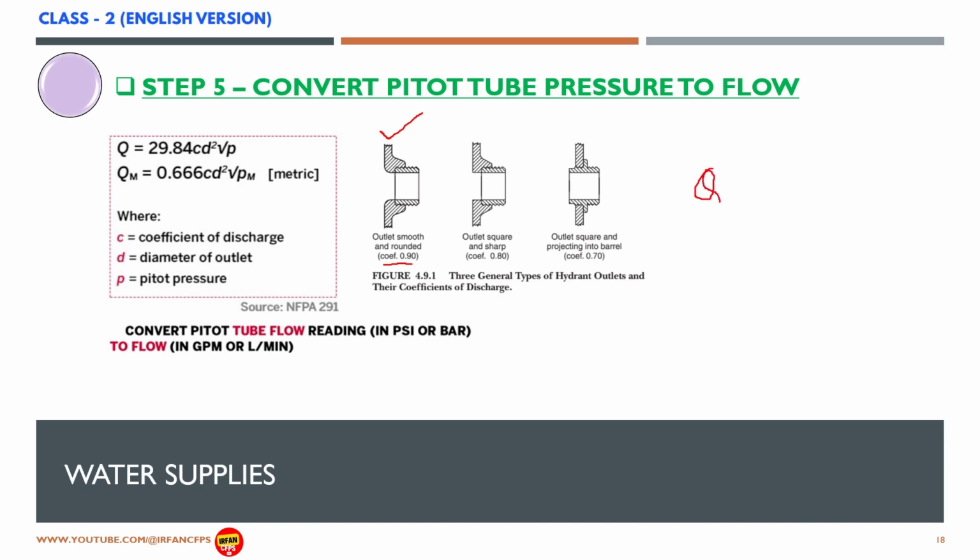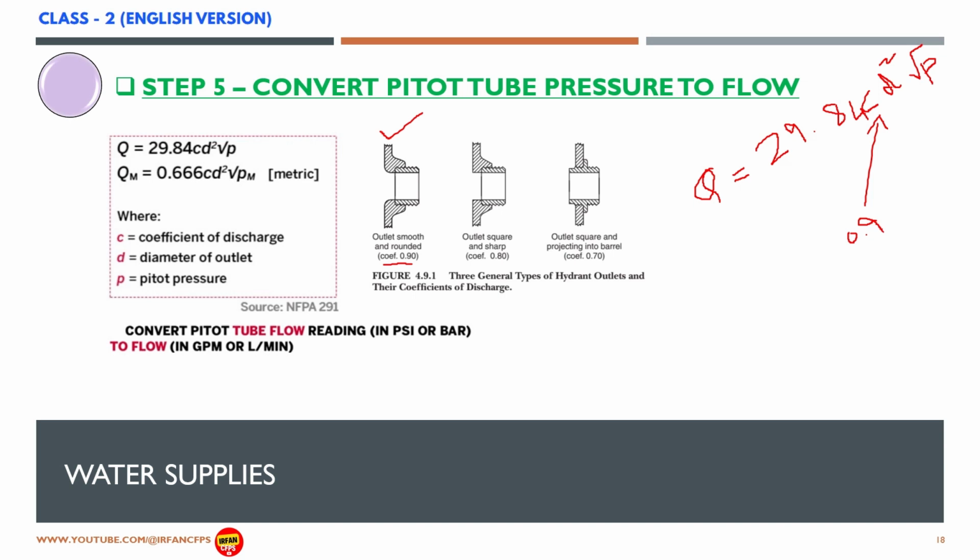Q equals 29.84 CD squared times root P. Now we have coefficient of discharge as 0.9